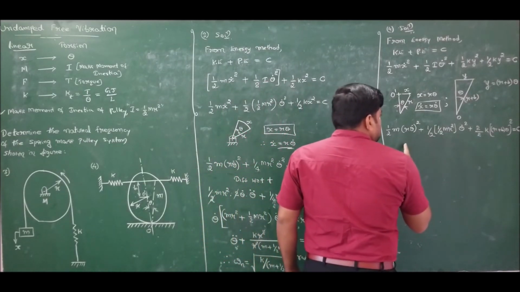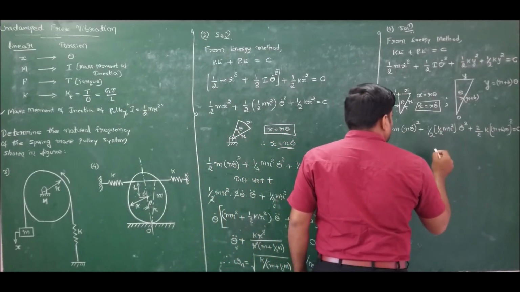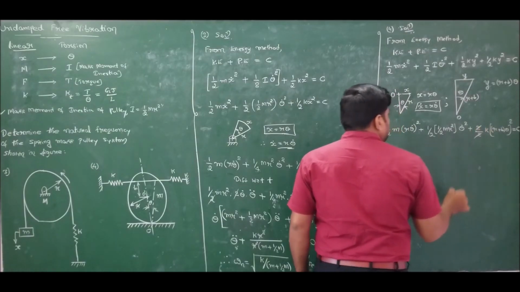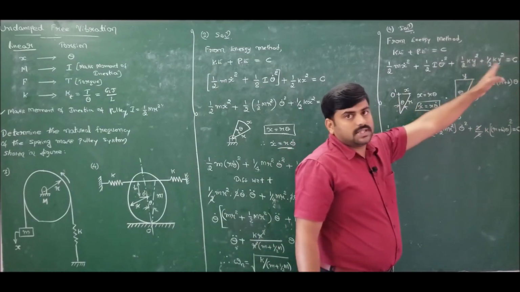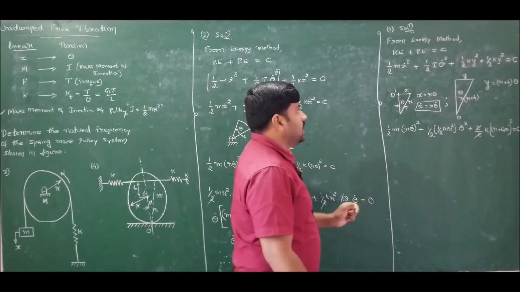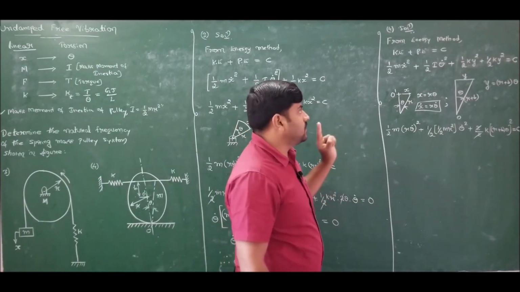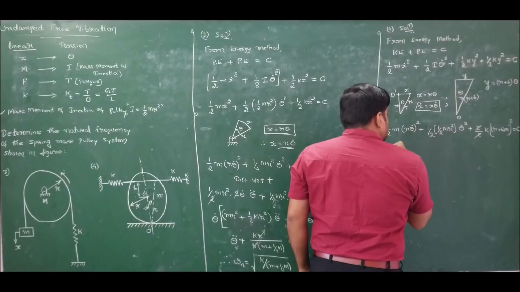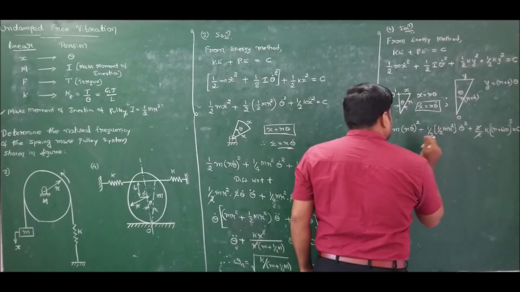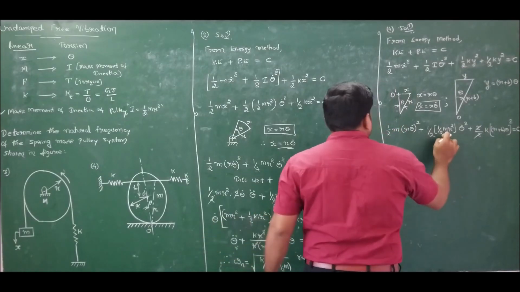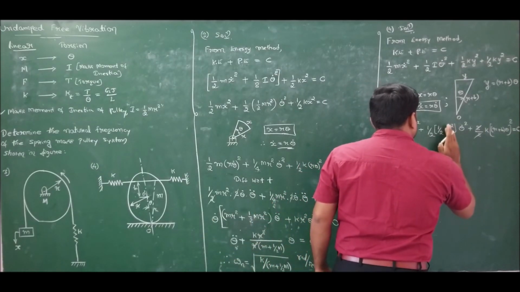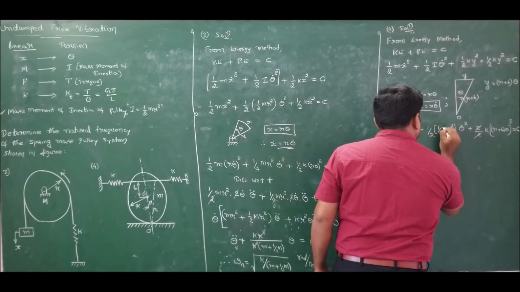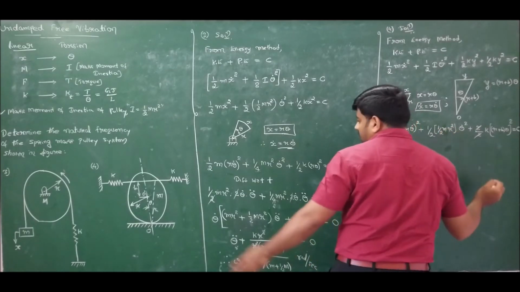Now if I simplify this, what will I get? This 2 and 2 will get cancelled. Why have I added? Because these two springs are in parallel, and the equivalent stiffness is the sum of the stiffnesses. So hence I have added. Now what is the end result? The pulley mass is the same, right? So it is also small m. Sorry for that, this is also small m. We don't have two different masses.